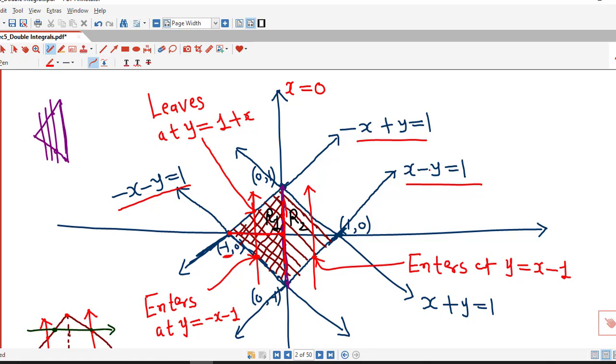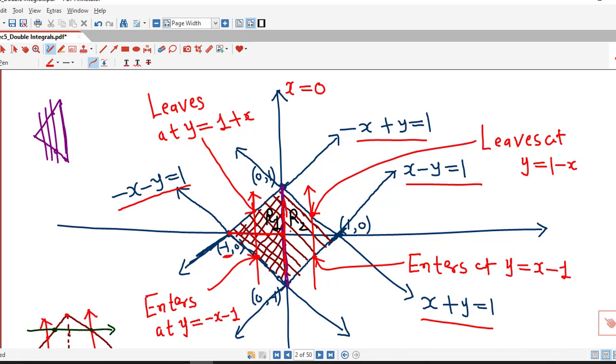X minus y equal to 1 implies y equal to x minus 1, and this point is on the line x plus y equal to 1, and here x plus y equal to 1 gives y equal to 1 minus x. So here we write that the line leaves at y equal to 1 minus x,